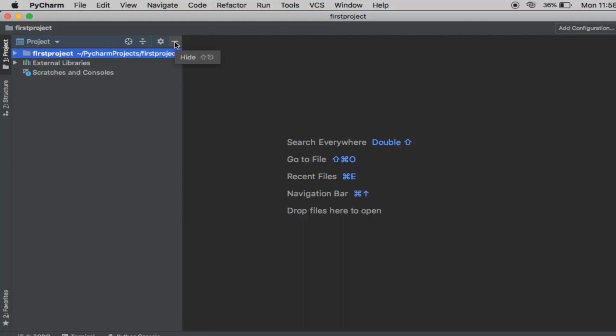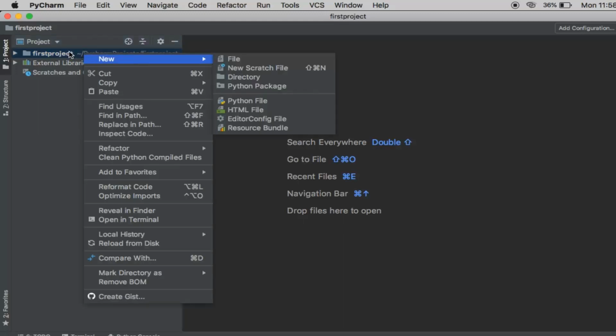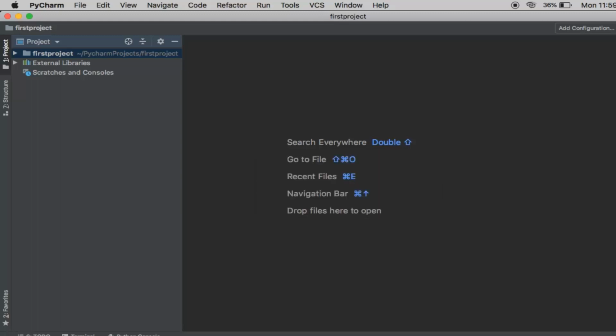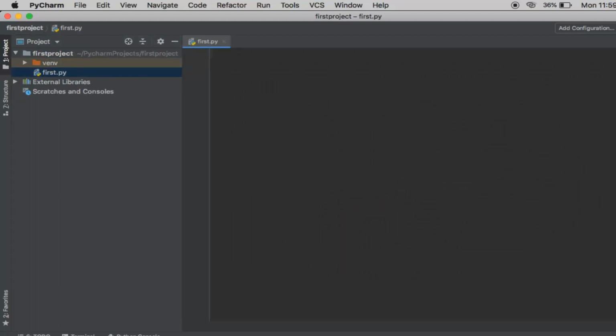To open your first Python file under this first project, simply right click, go to the New option, and click on Python file. Give it a name. I'll say first. There you go. Your file is open, your Python is installed, and you are ready to code.